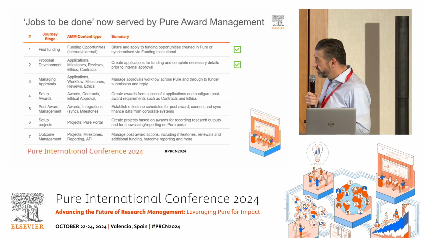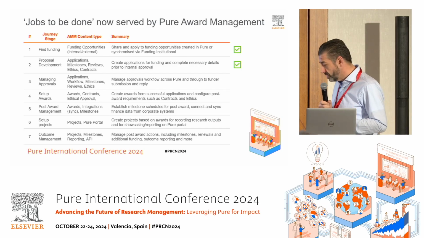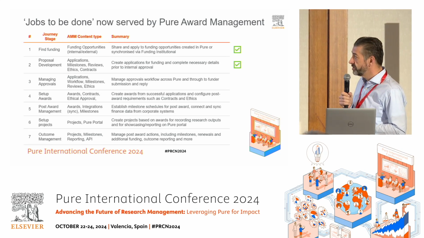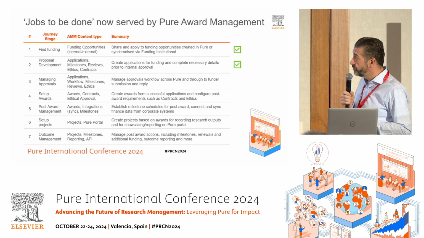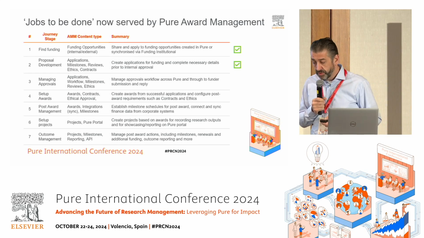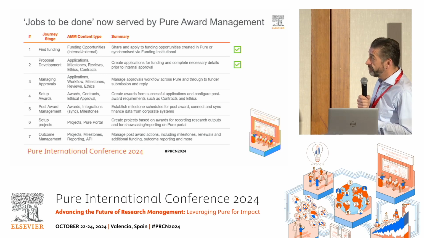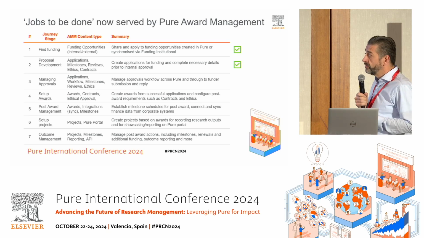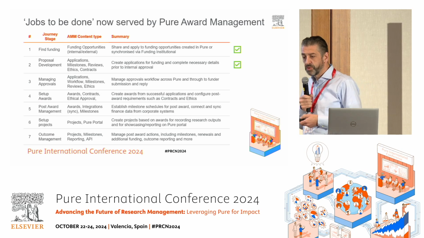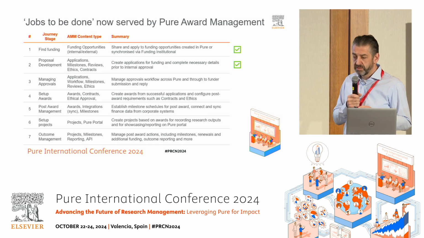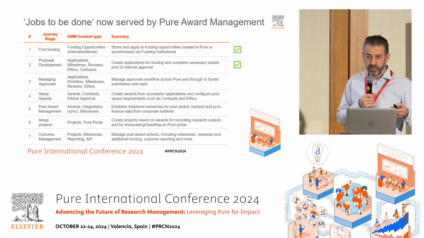The second part, of course, is in and around proposal development. Our application cover sheet essentially allows us to bring together all the information we need. There's obviously the core metadata that exists within that form, which we can put in. But we've also introduced a bunch of new functionalities in here to support that process. Notably things like, for example, the review content type. The review content type was introduced as a very specific means to create survey-like forms which we can then send to necessary individuals during the process of setting up an application, to ask pertinent questions that might help inform the approval workflows.